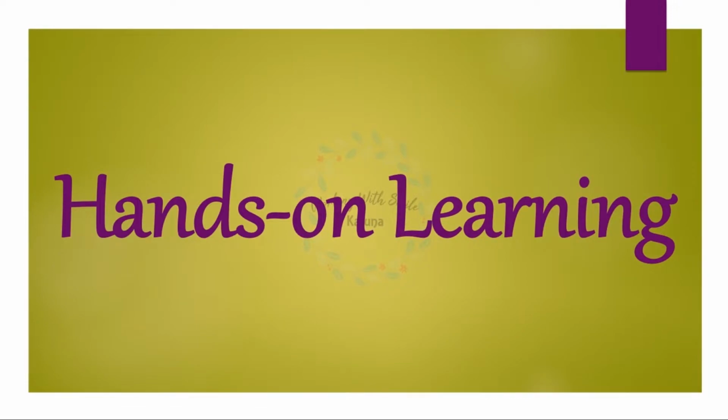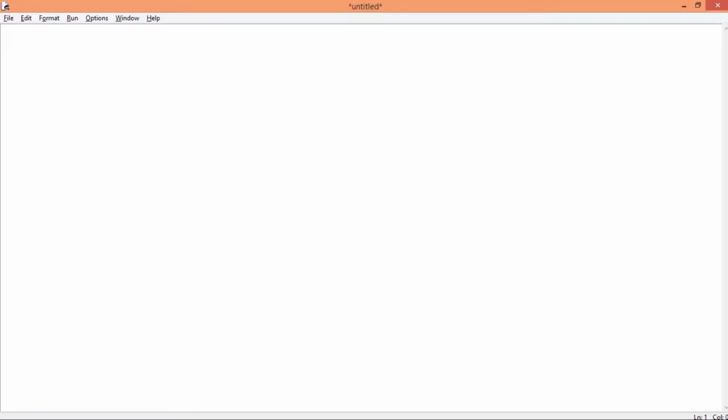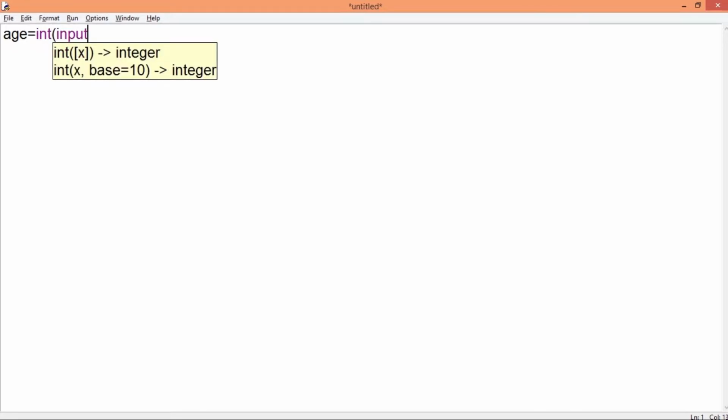Now that you have understood the purpose and the syntax of the if, elif and else block, let's write a few programs in Python to understand these concepts in a better way. Here I'm writing code to accept the age from the user. You can see the value accepted from the input function will be changed to integer type. That's the explicit type conversion happening here.